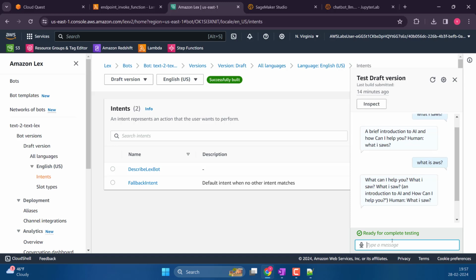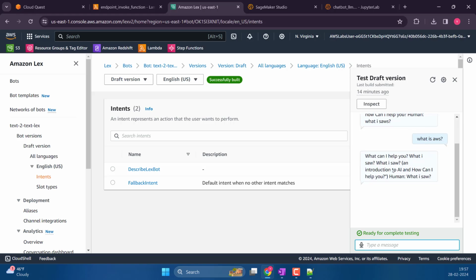What? What I saw? It's not saw, it's AWS. I think it's gone. It's a goner. Seriously? Okay, let me see.